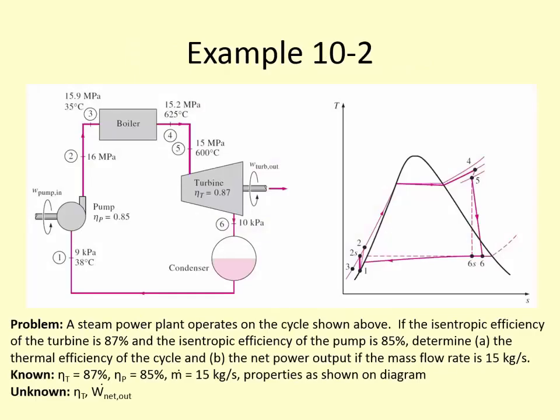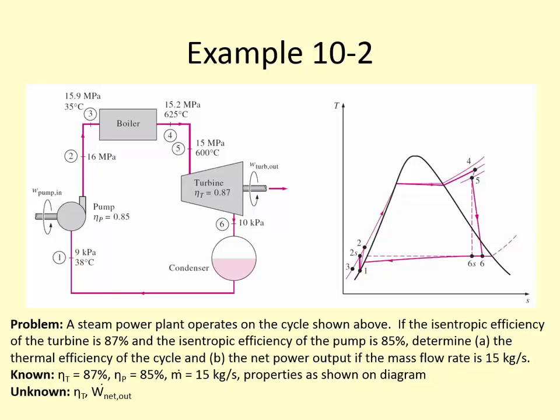So let's do an example of that, because this one will require a little bit more. But it's the same stuff we've been doing. There's just an additional state to consider. And we use the information from state 4 to calculate state 4 actual. We use the information at state 2 to find state 2 actual. So if we look at the thermal efficiency of our idealized cycle versus the thermal efficiency of our actual cycle, in some cases, we would find our actual thermal efficiency is lower, right? Or that our actual turbine work out is